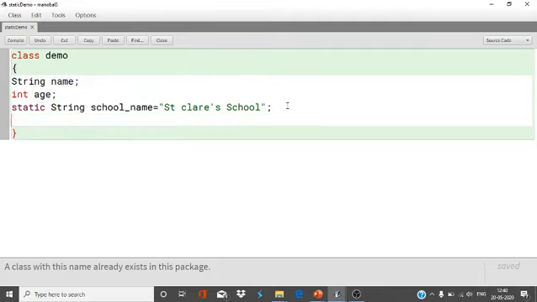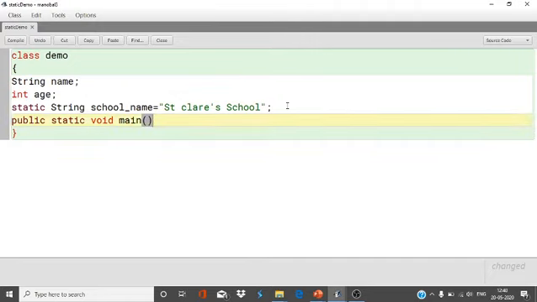See, now I'm going to create the main method. So public static void main. This is the reason the main method is always static, because there is no need to create an object to call the main method. The main method is invoked automatically when we execute the program, so it is necessary to write the static keyword in the main method.